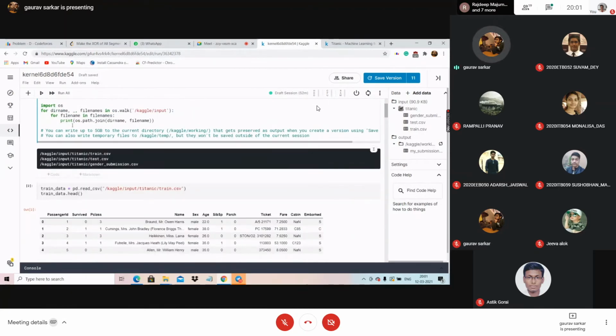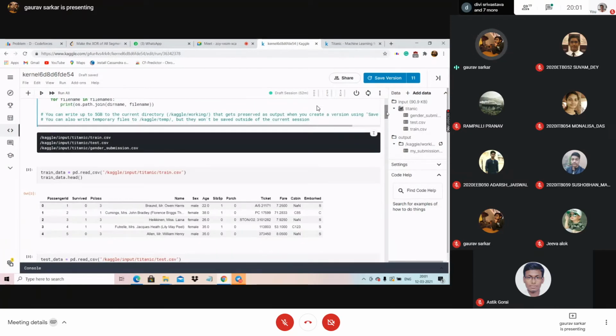Don't get into the complexity of all this import os and all that. When you learn Python, you will understand it. First learn Python, then you will understand what all these lines mean. Just see this thing: train_data equals pd.read_csv. Under pandas, there is a function called read_csv.